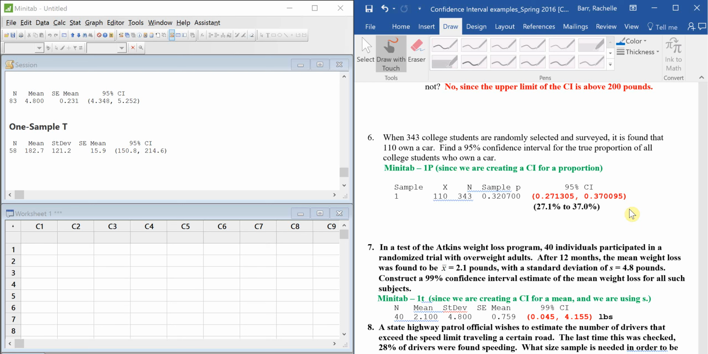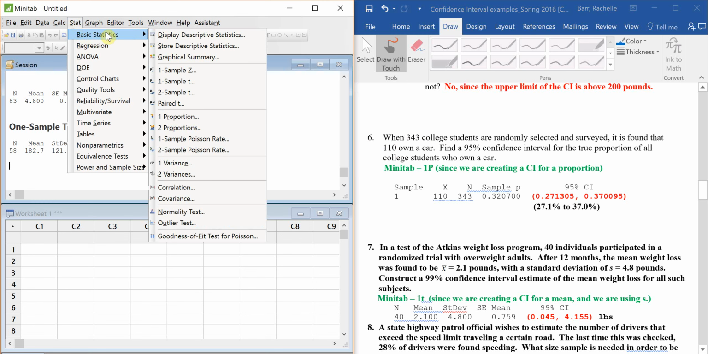Find a 95% confidence interval for the true population proportion of the college students who own a car. So, again, proportion. This is going to be a Minitab one sample proportion test, and I'm doing a confidence interval. I know the sample size right there, and I know my number of successes. Let's get to it. So we're going to go to Stat, Basic Statistics, and down to One Proportion,